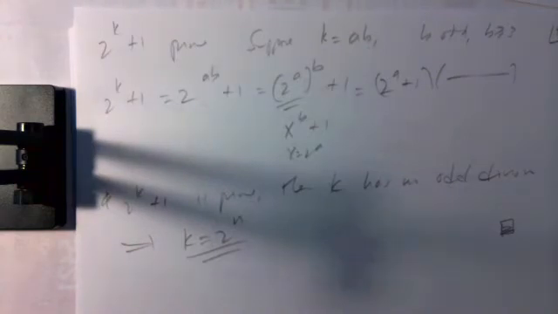Any questions about that? Yeah, could you explain from where you set x to the b plus 1, and then you did x is equal to 2 to the a? I understand that, but then after that you kept going. Okay, so